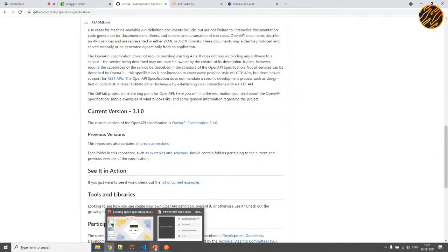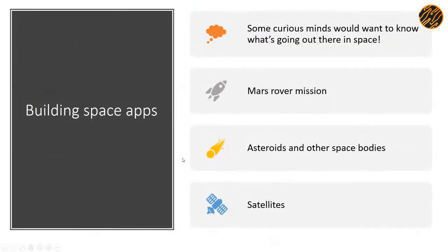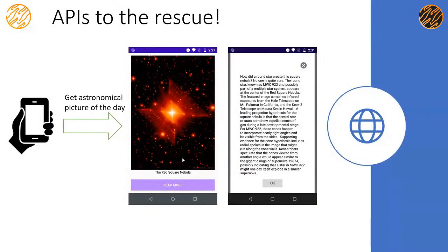So coming back to the presentation, this kind of approach can help you build apps like this. I mentioned using APIs. So in this case, you can develop a mobile app or a web app which can consume these kinds of APIs, and eventually you could create a solution around this.